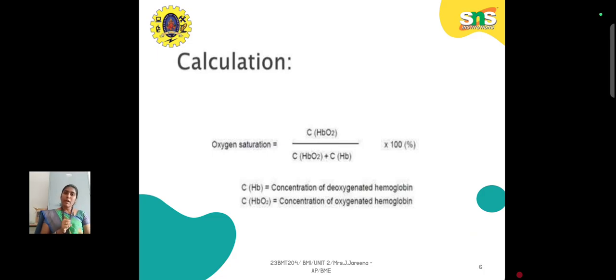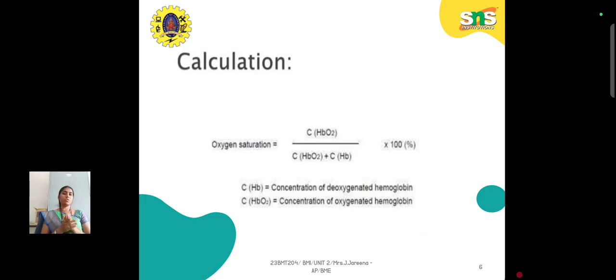If we know the values of these two, we can easily substitute them in this formula and get the oxygen saturation. That is the output we get on the pulse oximetry device, like 99 or 95, 96, and it varies based on the person. So what is the main motto? We first have to measure the concentration of oxyhemoglobin. That is the goal of this